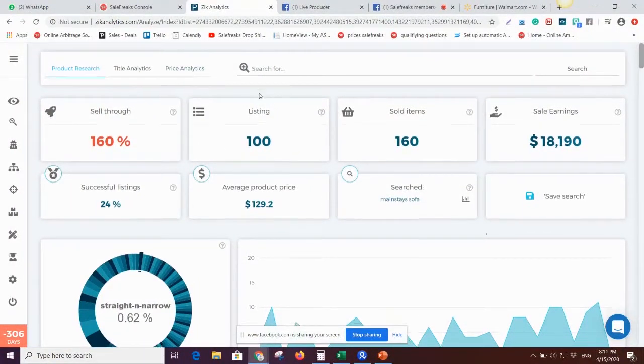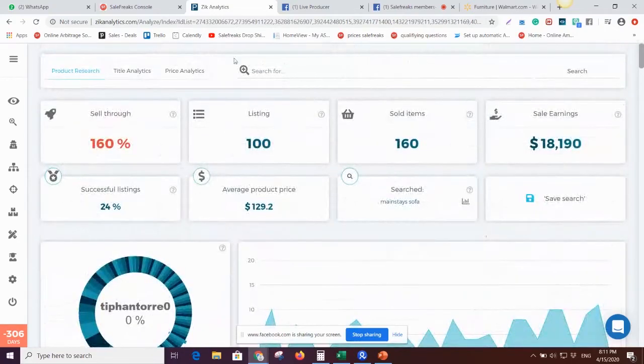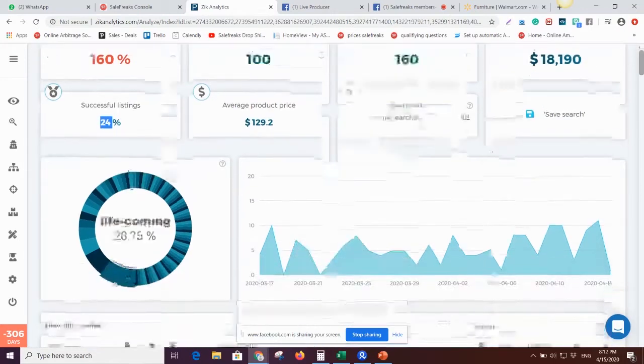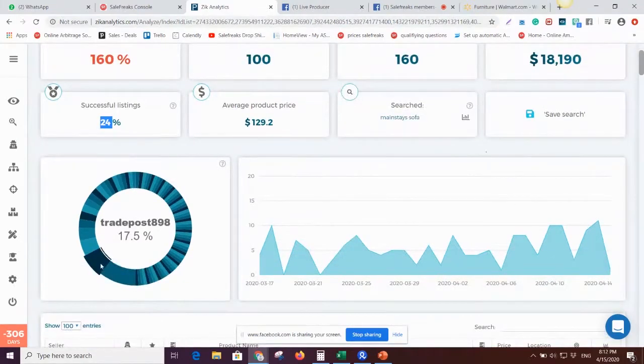So you can see that people selling these sofas by mainstays, not a specific sofa, but in general, made $18,000 in the last 30 days. It has a success rate of 24%, which means that 24% of dropshippers selling sofas by mainstays have managed to sell their items. And here you can see how it divides. There you have two really big sellers, and then a lot of other little sellers,